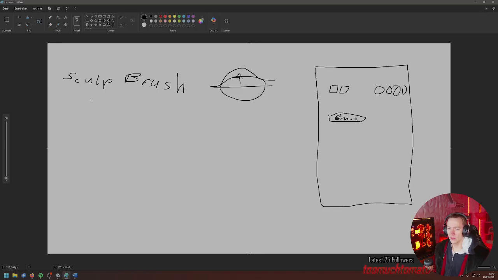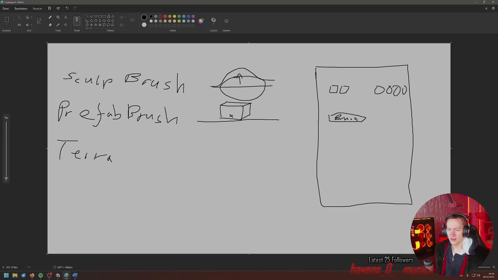And then you have, of course, the prefab brush, and this one can point to a point and spawn an object. This is painting. And then you have the terrain brush. These are just the most common brushes that I used in game development.